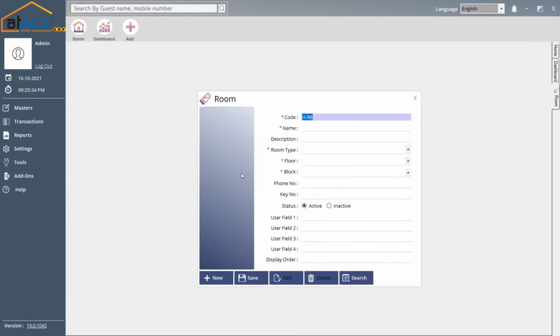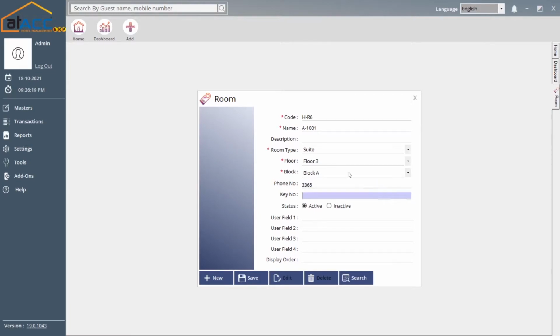And then comes the room. So this is where you create a particular room. What we previously created was a room type, and now we are creating the exact room. Just like that, you can enter a name, like a floor, B block, for example. You can add codes like A block 1001, for example, the room number. And then you can specify the room type, like it is a deluxe room or a suite room, etc. You can mention the floor, 3, block A, and you can enter the phone number for the same,